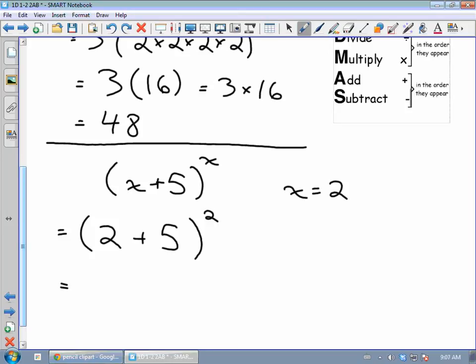Now we want to apply our order of operations. What are we going to do first as we apply order of operations here? What do we think? What are we going to do inside those brackets? We're going to add our 2 and our 5 together to get 7 to the power of 2, and then we're going to